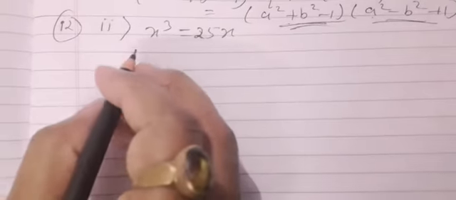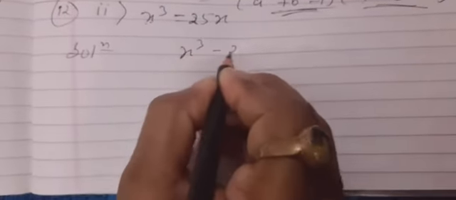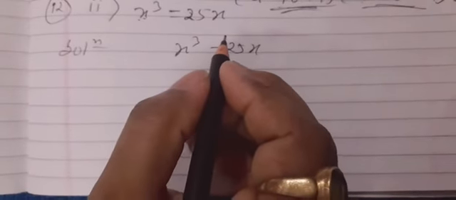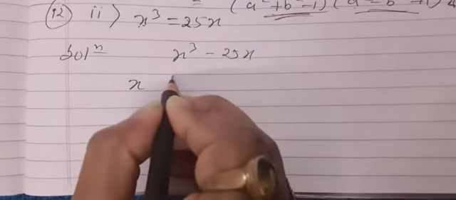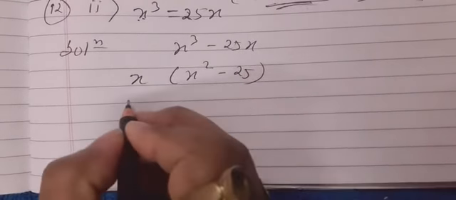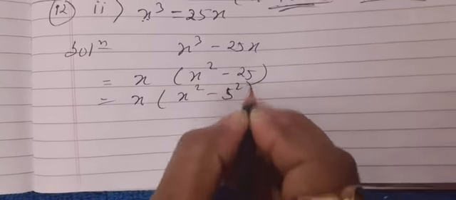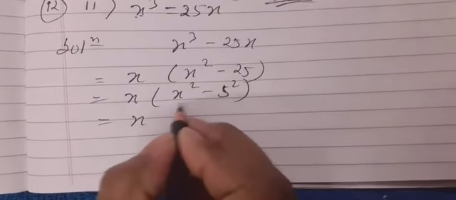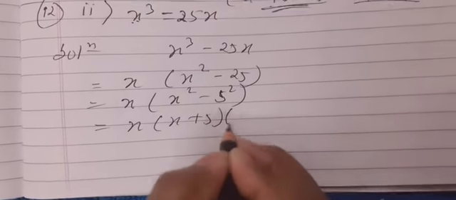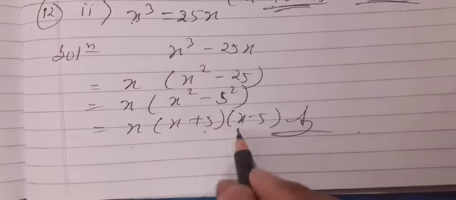Now see question number 12 second. x cube minus 25x. Okay, first of all I can see that there is one common factor. First of all we use the first method, that is taking the common factor out. What is common? x is common. Okay, now x square minus 25. Quickly we can see this is x square and this is 5 square. So first write the first factor, then this is x square minus 5 square. Now what I will do, a square minus b square is a plus b, a minus b, so x plus 5, x minus 5, and here your answer is over. First factor of this expression is x, second is x plus 5, and third is x minus 5.